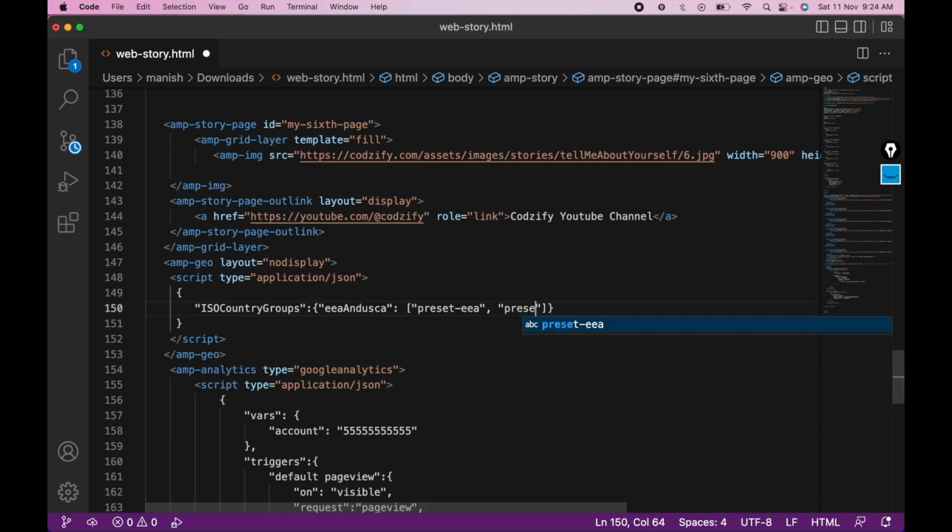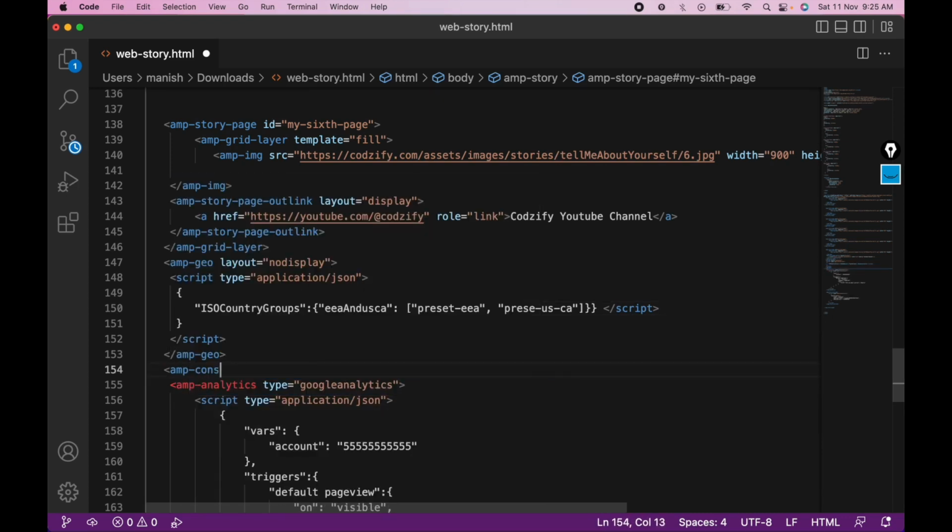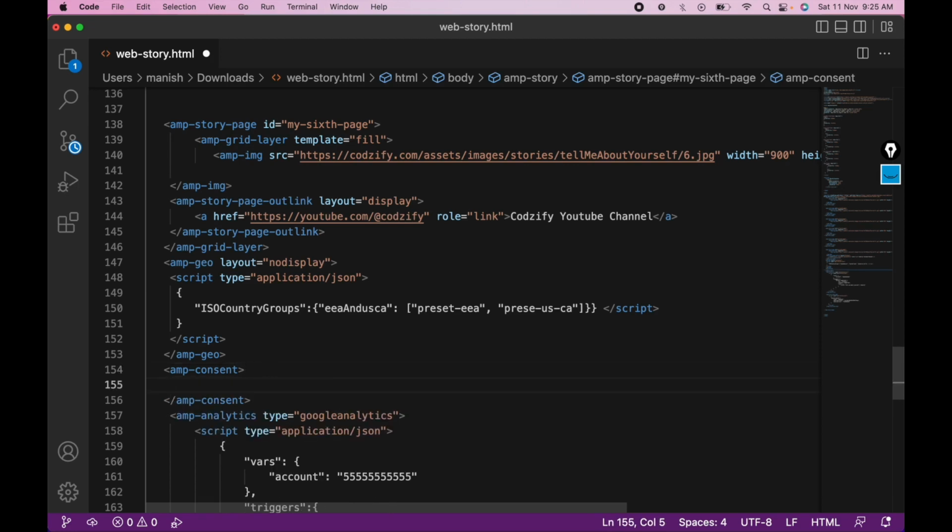And as I am running this on my local computer, ads might not be available, but if you host this on a web hosting platform, then your website will definitely show the ads. As I have practically implemented this in my website as well, you can use this code. We will use amp-consent, and inside that we will use ID equals story-consent, and layout